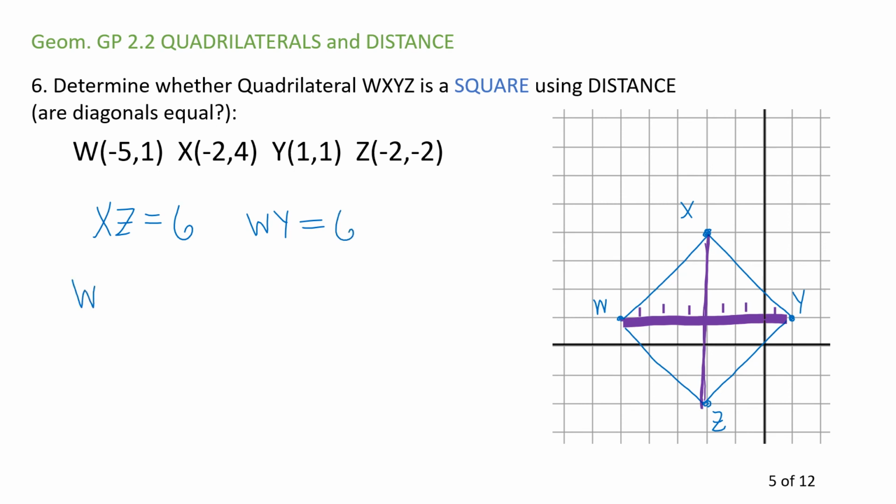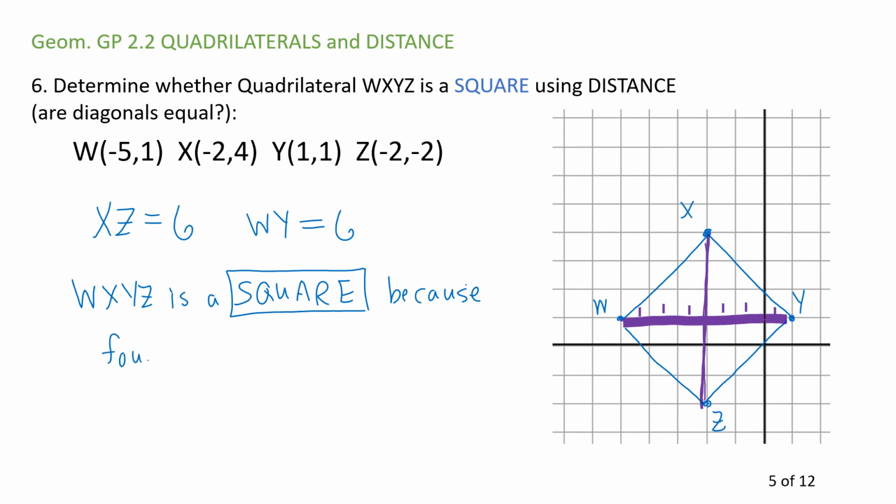Conclusion, WXYZ is a square because I have 4 congruent sides. I found that in the previous slide. And diagonals are